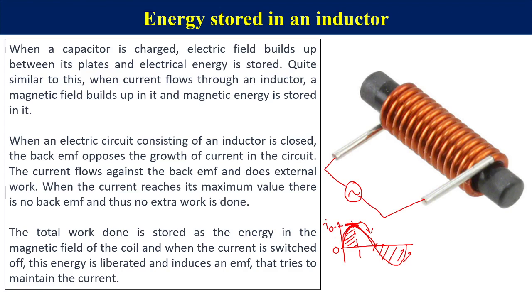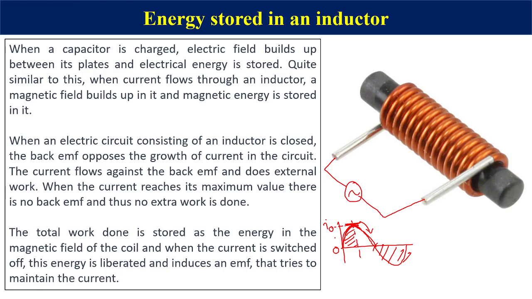All right, so similarly here also, the current which is flowing through this circuit, the original current, was doing extra work in order to flow through this circuit because it was receiving an opposition from the back EMF, and in order to do so it was doing some kind of work which was stored as energy in the magnetic field of the coil.